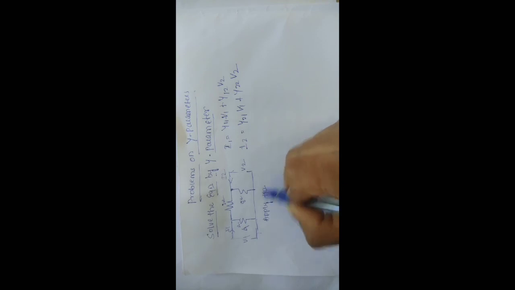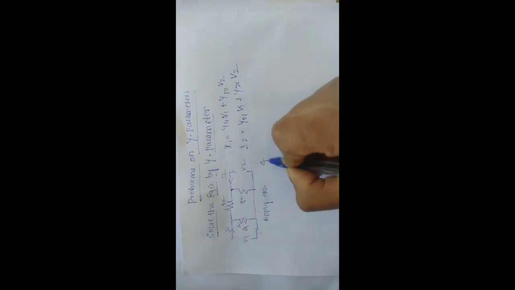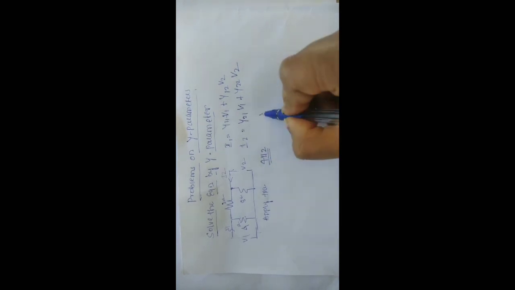The first resistor 4 is parallel to 2. Is it true? Yes. V equals I into R, it is a formula. Now this one is V1. We can take it for V1, and next, I1 is a current. Next, 4 is parallel to 2, right? Equals 4 into 2 divided by 6 into I1, equals 4 by 3 I1. Correct?